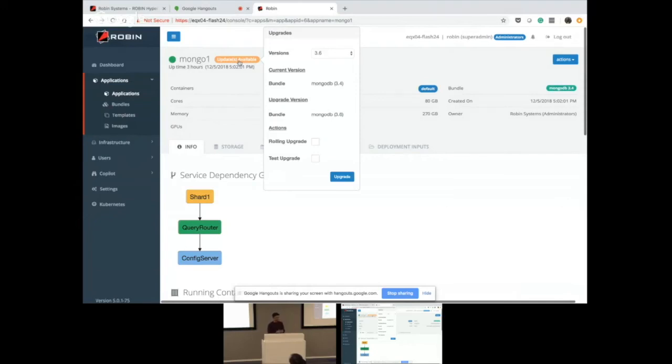What you can do is we have snapshot and cloning capability, right? So what we do is we create a snapshot of the application, create a clone, then you can test your upgrade on the clone, and if you are satisfied that this is what I want, you can go back to your production application and upgrade it.